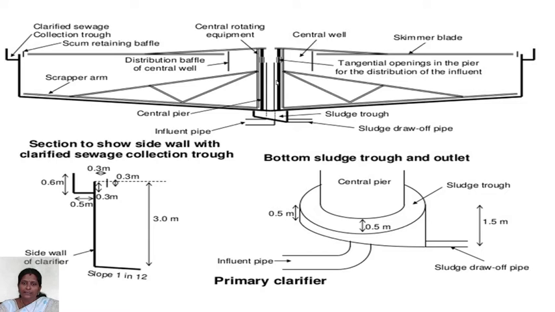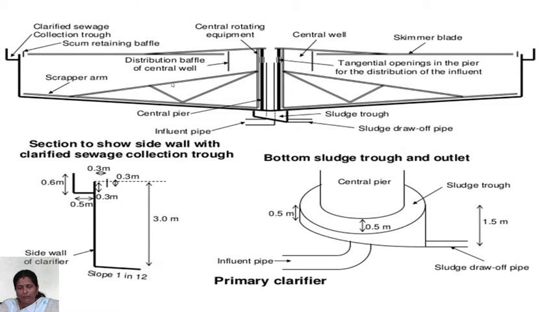This one is the circular type sedimentation tank. In the circular sedimentation tank, the chamber is made of RCC. The inlet pipe is provided at the center and bottom of the tank. Here this one is the inlet pipe. The flow goes in the upward direction, splits, and sprays into the chamber. In the chamber, a scraping arm is provided.